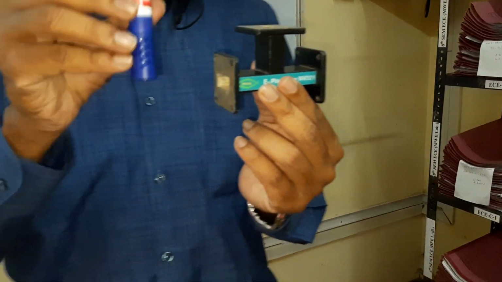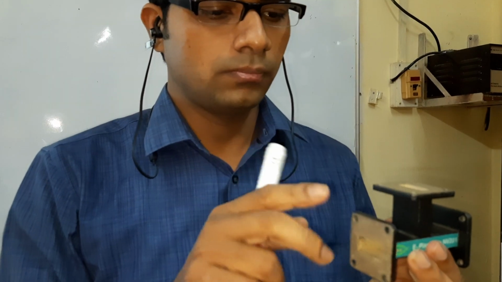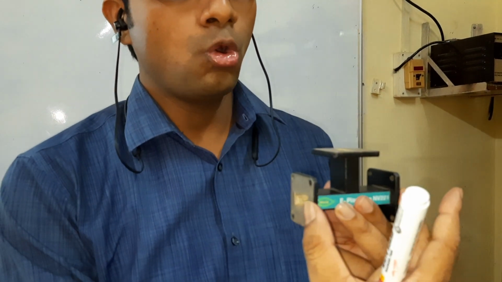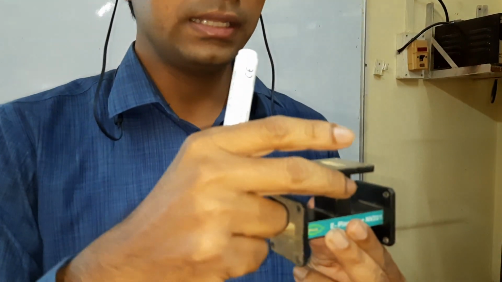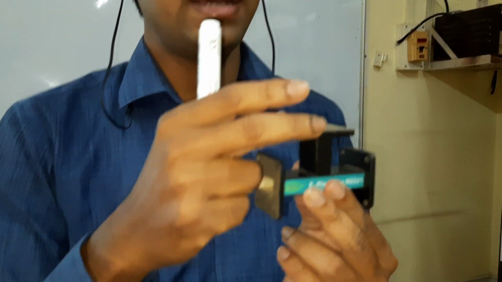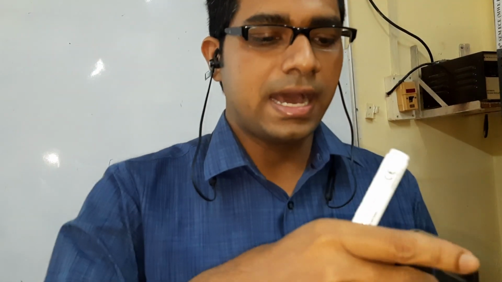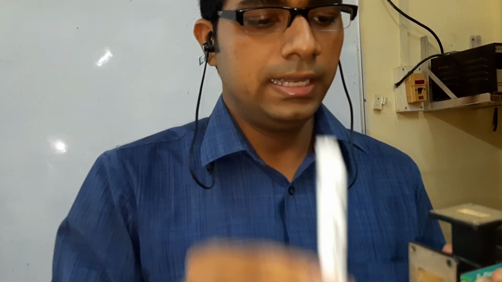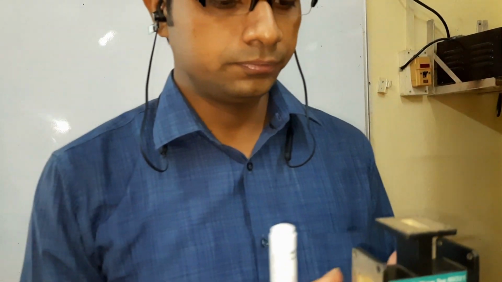So since the electric field is parallel to this arm, it has three arms. These two are called the collinear arms. This arm is called the side arm or E arm. Why is it called E arm? Because this arm is parallel to the electric field. That's why its name is E plane T.